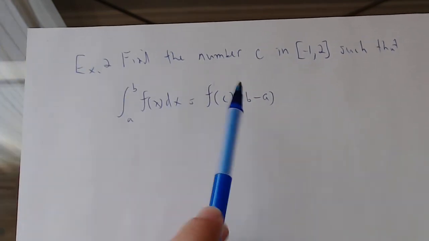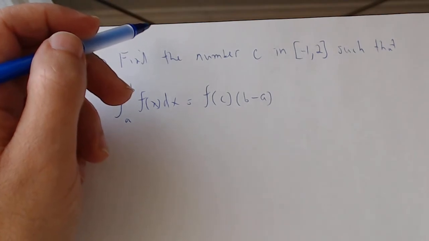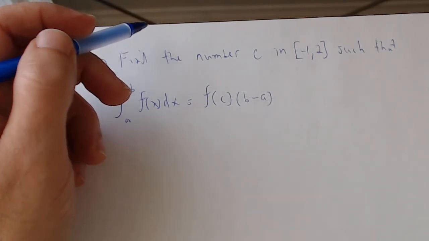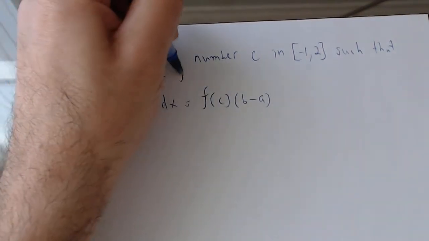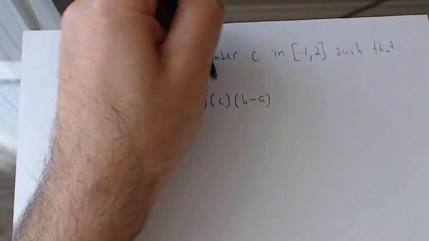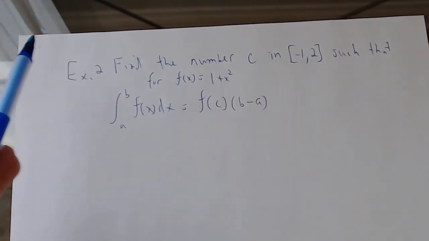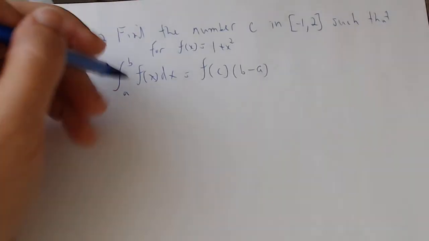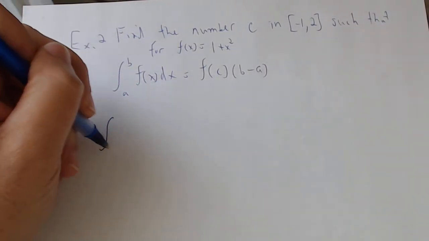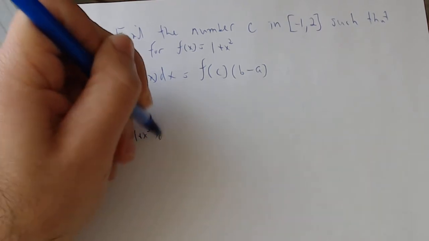So the good news is, basically I haven't given you the function, which you'd be kind of stuck, f of x equals 1 plus x squared. So the function that I'm giving you is the same function from example 1, just because I don't want to waste our time doing more than we need to. So here's what we know. We need to find what? The integral from -1 to 2 of 1 plus x squared dx,